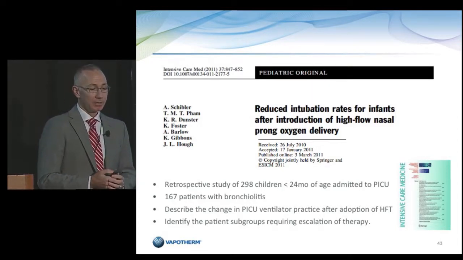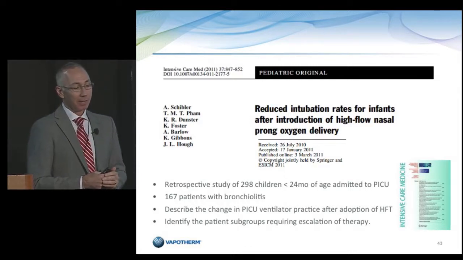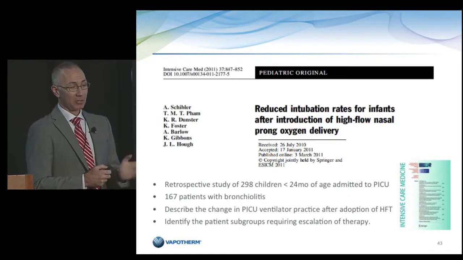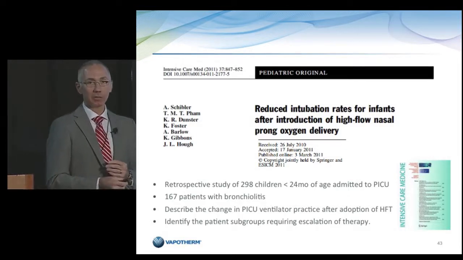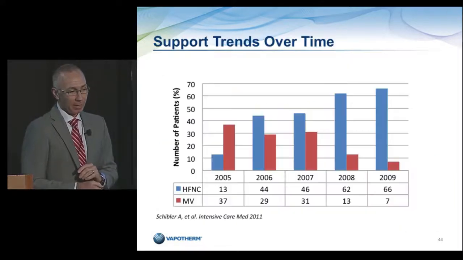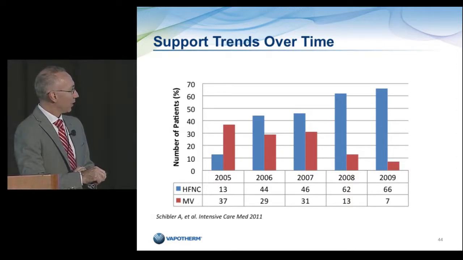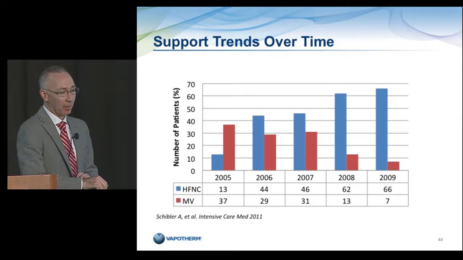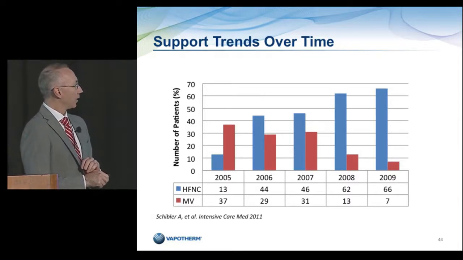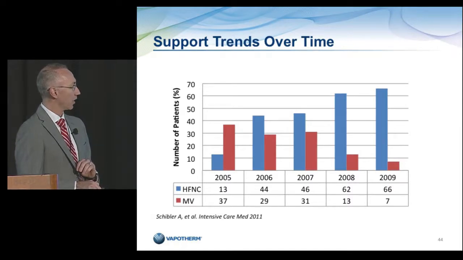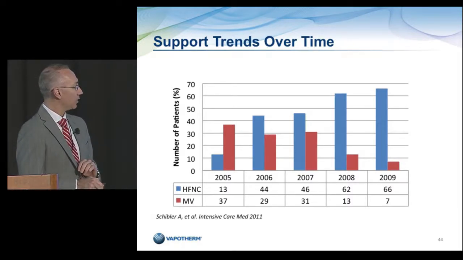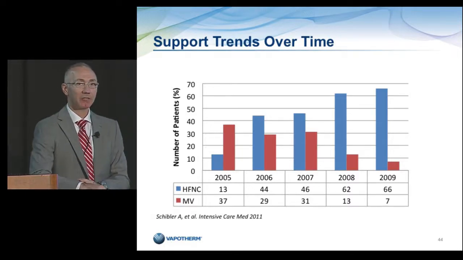couple of years ago. It's a retrospective study of 298 patients, the majority of whom had bronchiolitis. And they describe the adoption of high flow therapy in this ICU as it relates to the need for mechanical ventilation. So what you see here in blue is the percentage of patients treated with high flow therapy in 2005, which amounted to 13%, and the number of patients that required mechanical ventilation, which was 37%. And as this therapy became more accepted and more used in that ICU, there was an increase from 13% to 66% use of high flow cannula, and a decrease from 37% to 7% in the need for mechanical ventilation